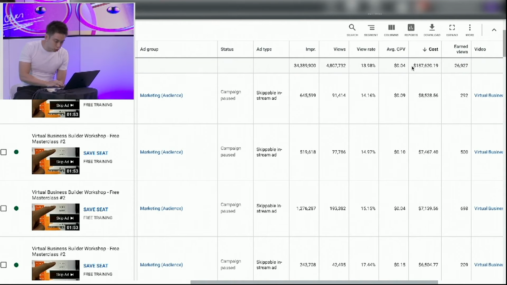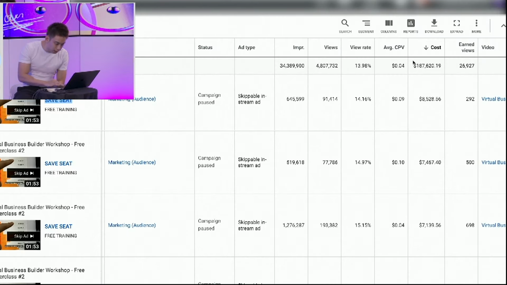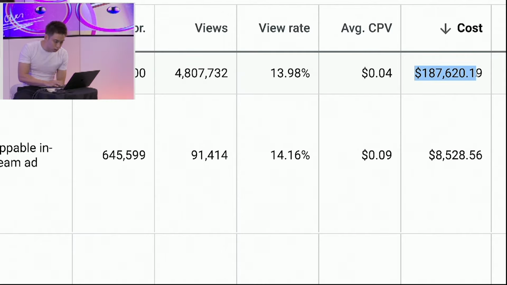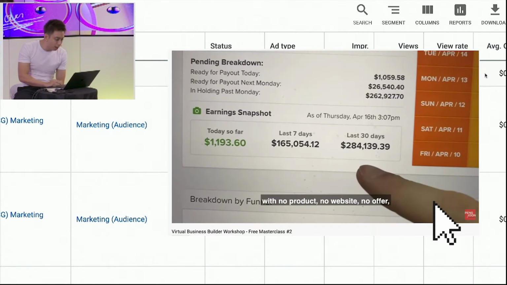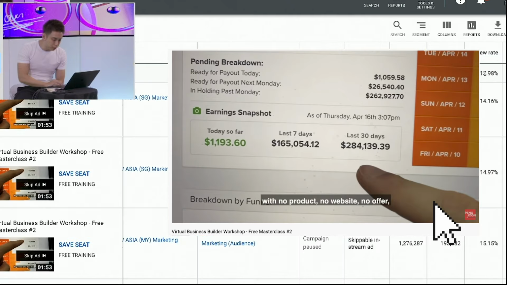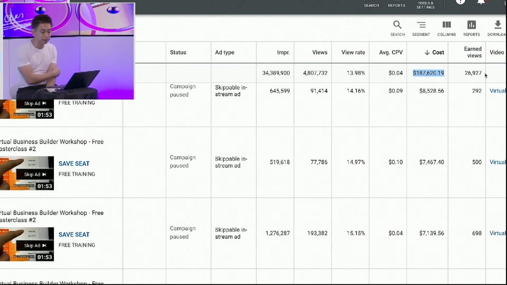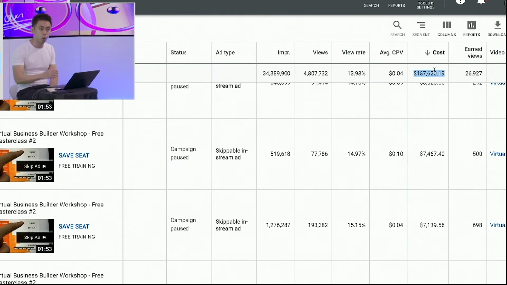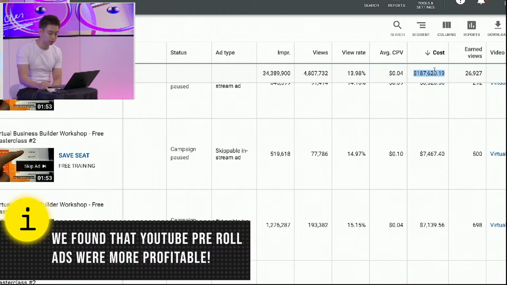And today I want to share with you an actual case study of how it would look like literally on this one ad where we have spent approximately $187,000. Some are different numbers. Now, obviously, the reason why we've spent a lot of money on different types of pre-roll ads is because it's extremely profitable. And I would say for every $1 we spend, we get back approximately 7x returns.